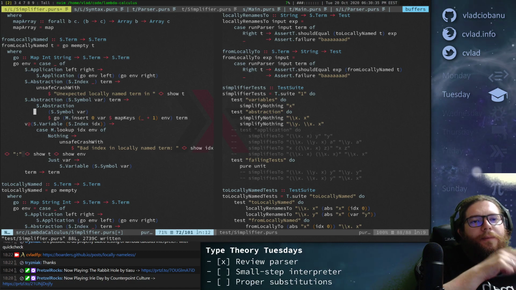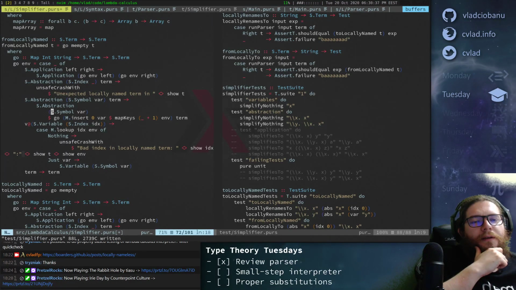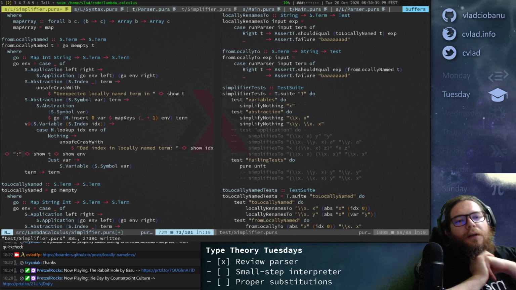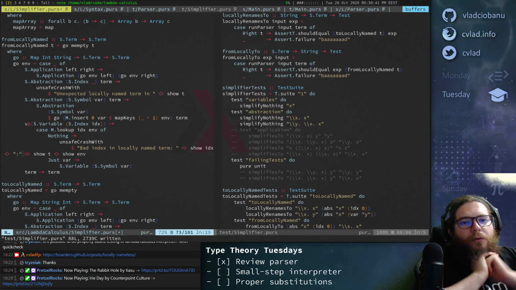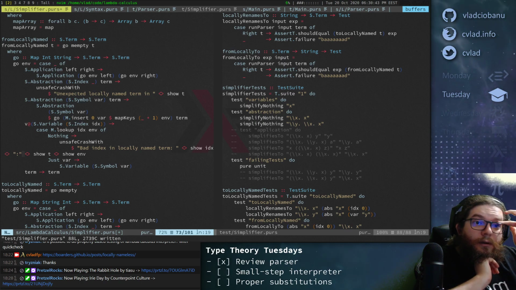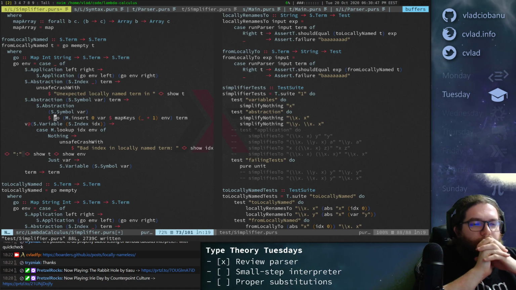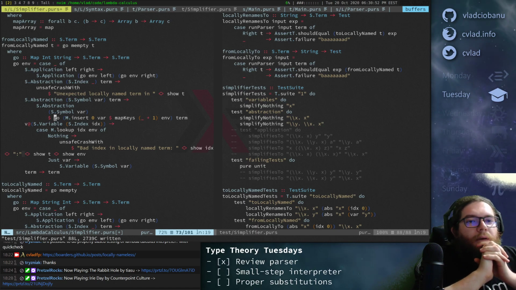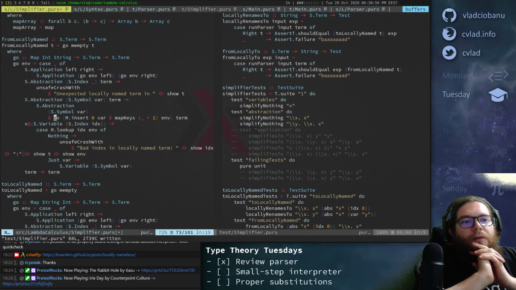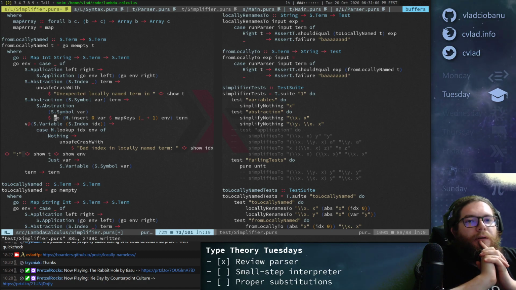And we get back an abstraction with the same symbol, but then we go, okay, and then we put that variable as 0. And then we go further inside the term.